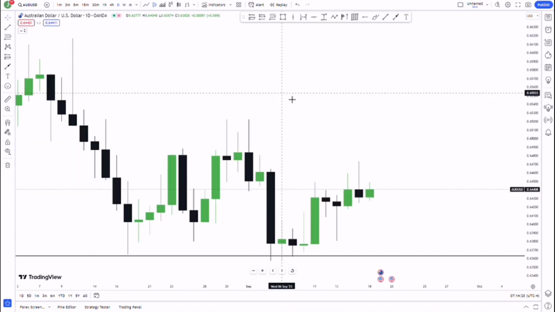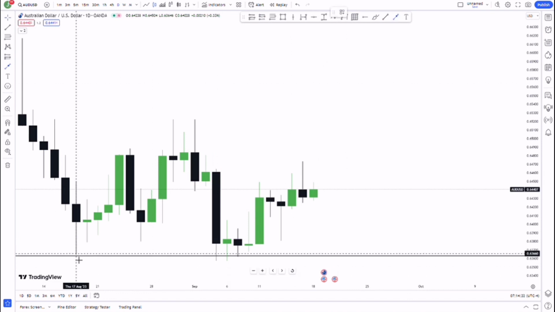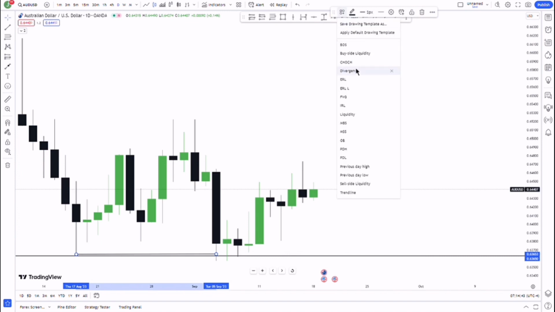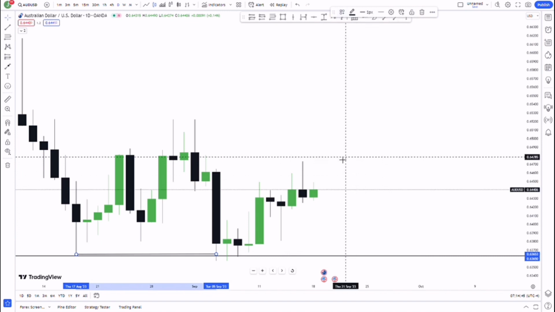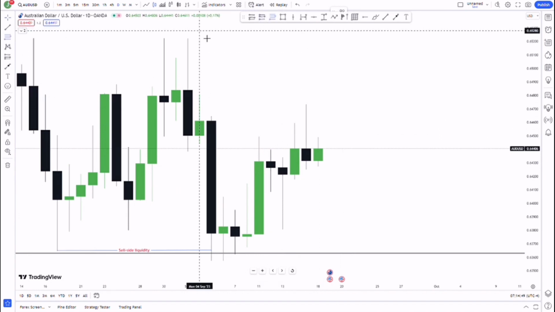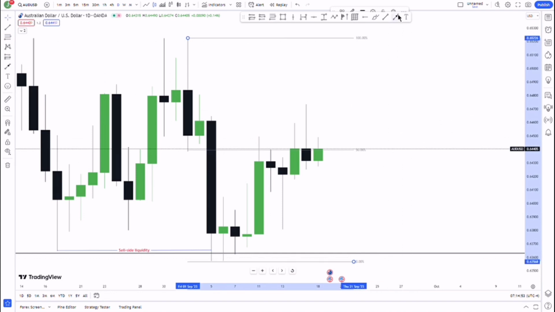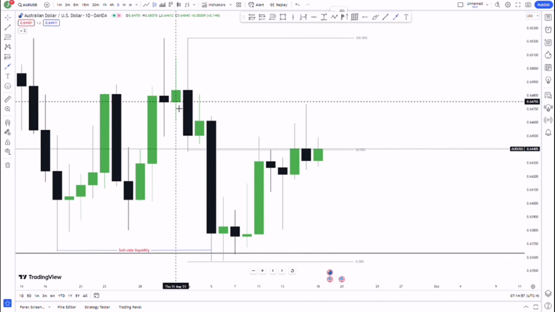Right over here we can see that the market just spiked below this previous lower low. This previous low, that will be our sell side liquidity. Then from here, as we said, we'll be looking to find entries within this range, and we can see right over here we had an order block